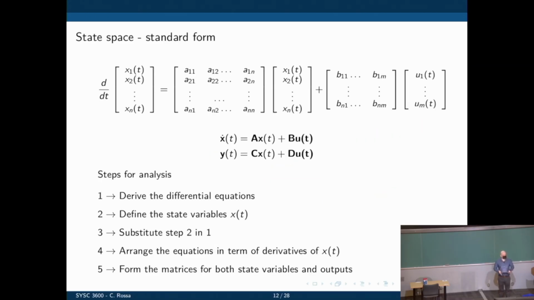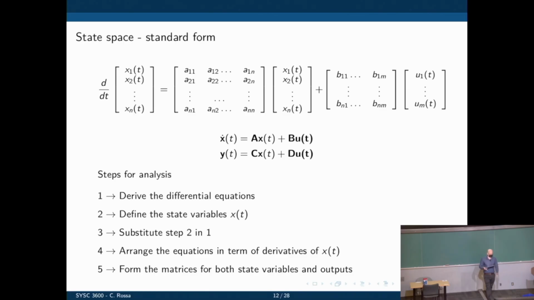All right, so let's now define the state space. That's the standard form. And these are the equations we are looking for: the derivative of the states as a function of the states themselves. In these two equations, one is for the states and their derivatives, the second one is for the outputs of the system